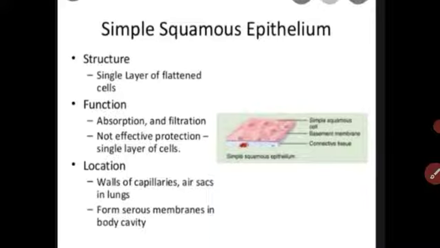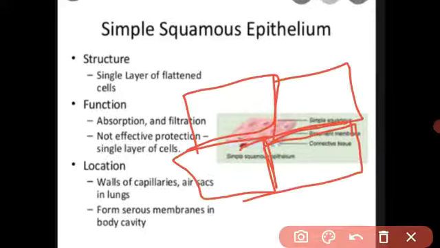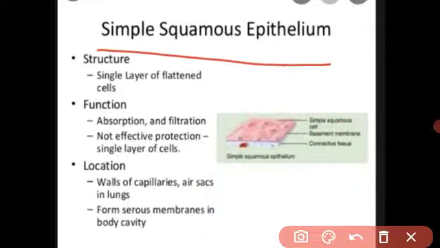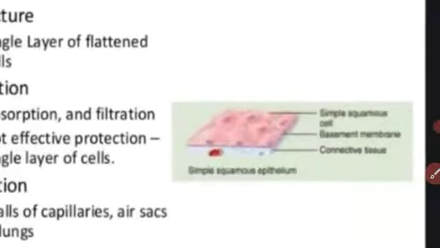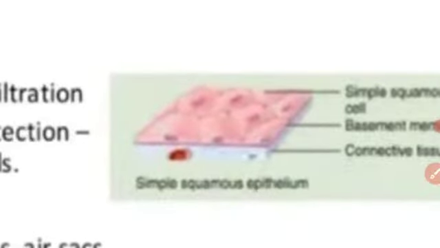Got it, students? First of all, we see the squamous epithelial tissue. See, students, the squamous epithelial tissue is a very thin single layer of tissue. It is flat tissue, as you can see in the structure given. The squamous epithelial tissue is irregular in shape. It is not cube-like, not a sphere, not a cuboidal column. It is an irregular shape, and it is a single layer of tissue. It lies on the basement membrane.